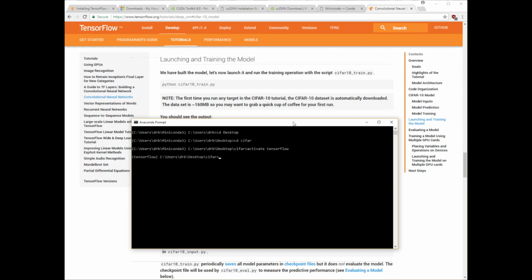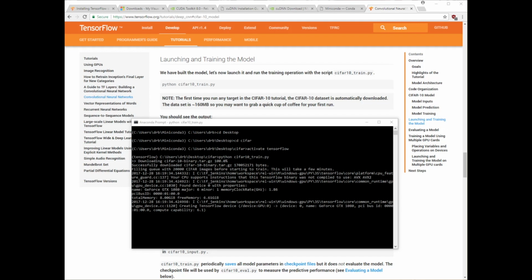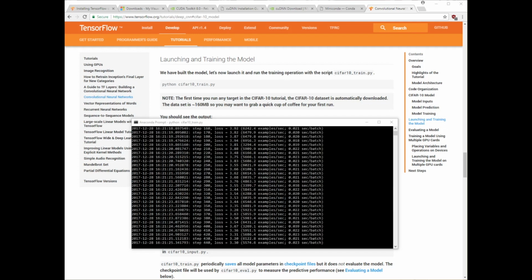So the first step is just going to be to run python cifar10_train.py. So I've skipped the download. It's finished downloading all of the images. It had to unzip that file, and then it's got to put some images into memory before it can do the first iteration. All right, it took about a minute probably for the first iteration to complete on my computer,